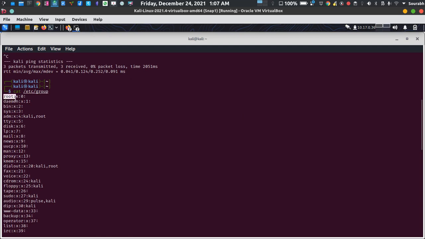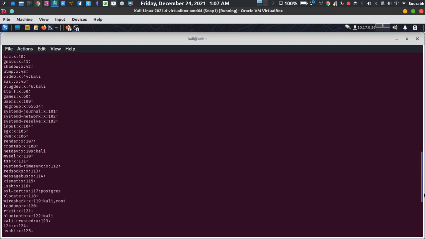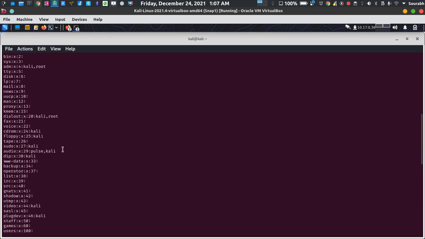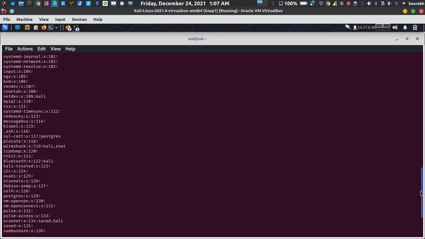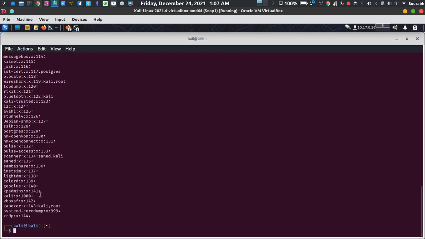The first one is root, as you can see, and there are plenty of users which signify plenty of tasks assigned to them. There's a user called Kali, which I am currently logged in as, and another called vboxsf, which is assigned for VirtualBox because I am running VirtualBox. And systemd, xrdp, these are pretty much specific tasks assigned to these kinds of users.